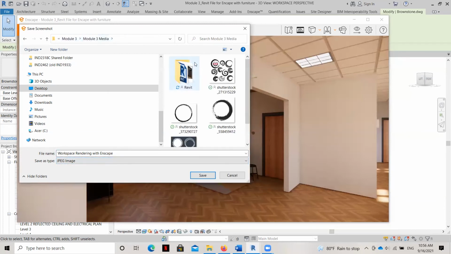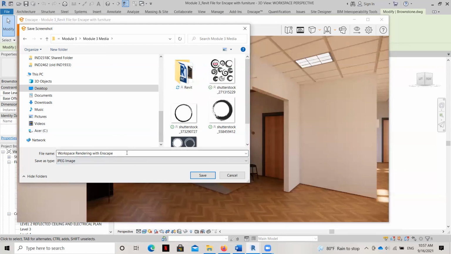But just be aware that if you don't create a Revit folder here, you're going to have all of these Revit backup files floating around within this folder. And of course, as you're working on Revit, even if you're using Enscape, you are still going to create backup files. So just note, as you're saving and working, remember that best practice from a couple classes ago where you had that Revit file created.